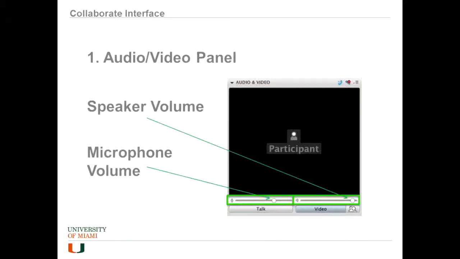Okay. All right. The next lines on the audio video panel are the microphone and the speaker volume. So here you just move right or left to set up the microphone volume, and on this side you move right or left to regulate the speaker. The speaker this time, right? This one is the microphone, and this one is the speaker. Okay, so that's how you will regulate the volume.